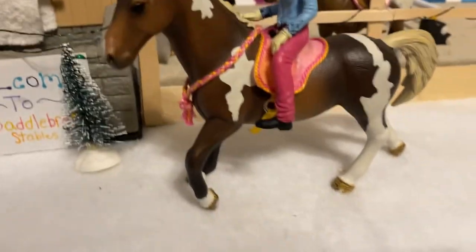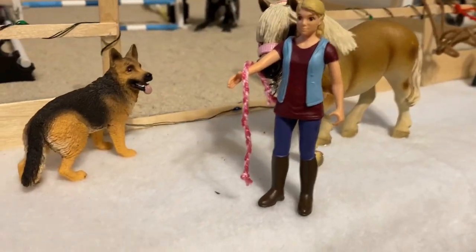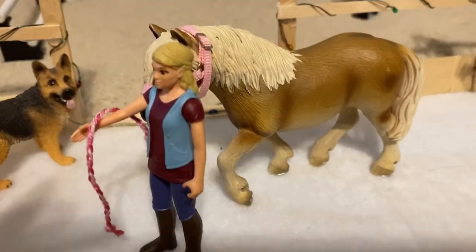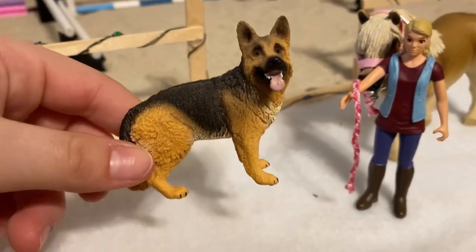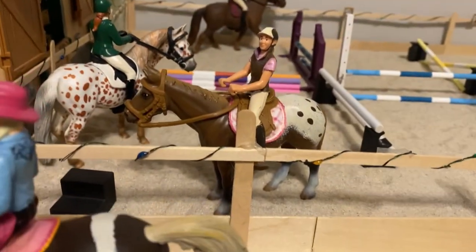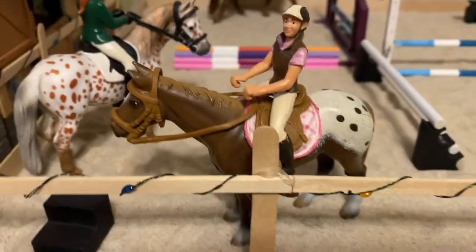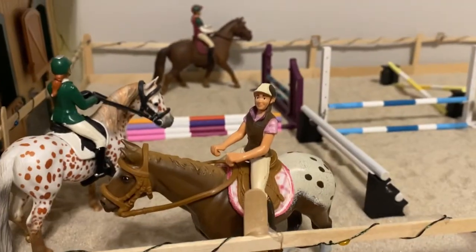They're so cute. And then here we have, down the lane, we have Rachel, who is leading Daisy, my retired Halflinger mare. And then we have Sadie. This is our German Shepherd dog. And here we have Brooke, aka Miniature Me, riding Domino. And they're just kind of all waiting here because